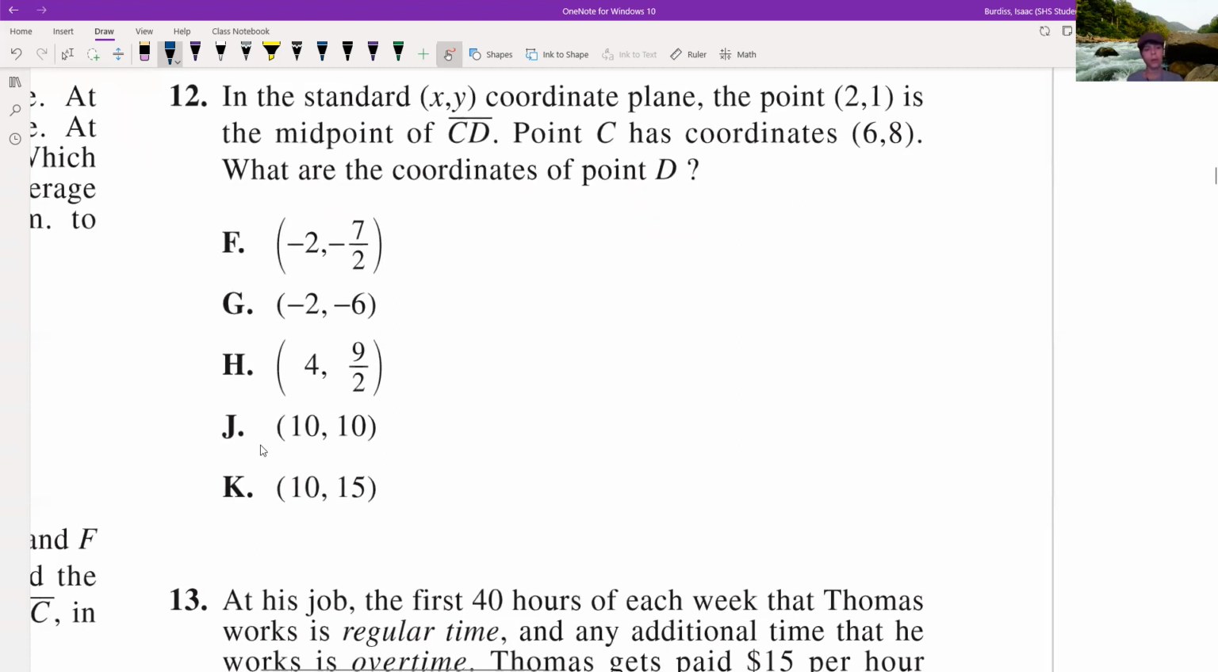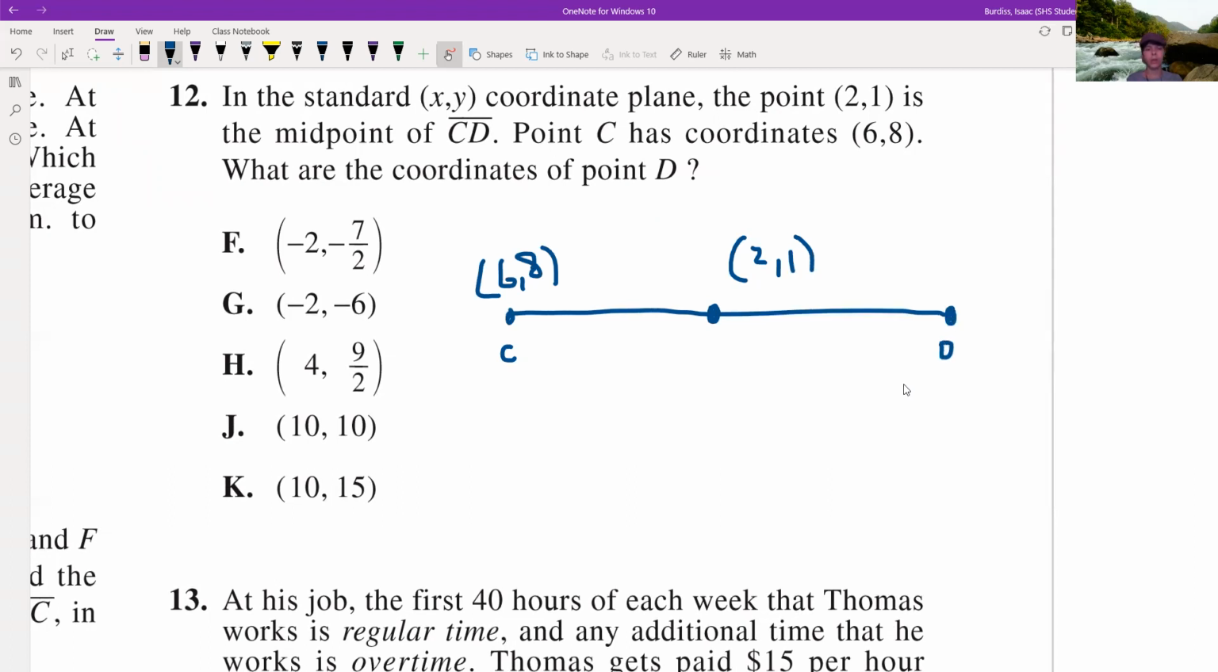Okay. Now, what do we have? We have a midpoint problem. (2, 1) is the midpoint. That's the midpoint. Then point C has coordinates (6, 8). So on this end of line CD, it is (6, 8). Gosh, I wish this thing would draw faster. And then